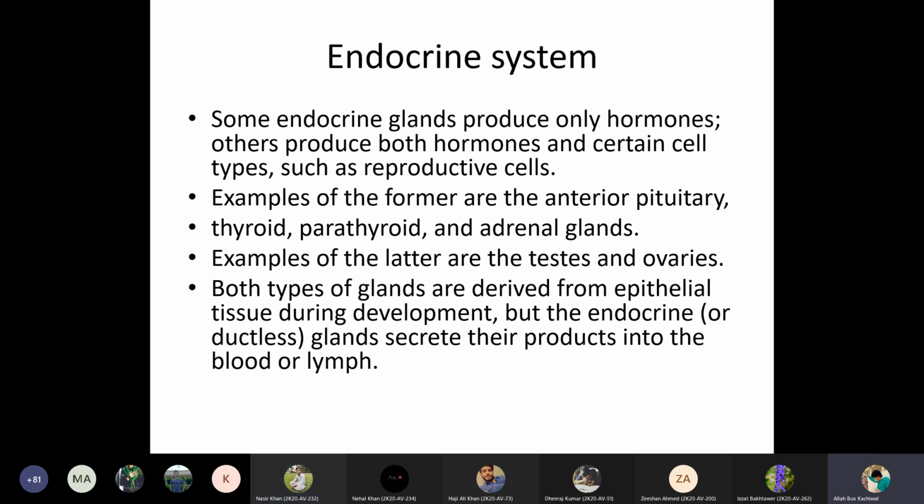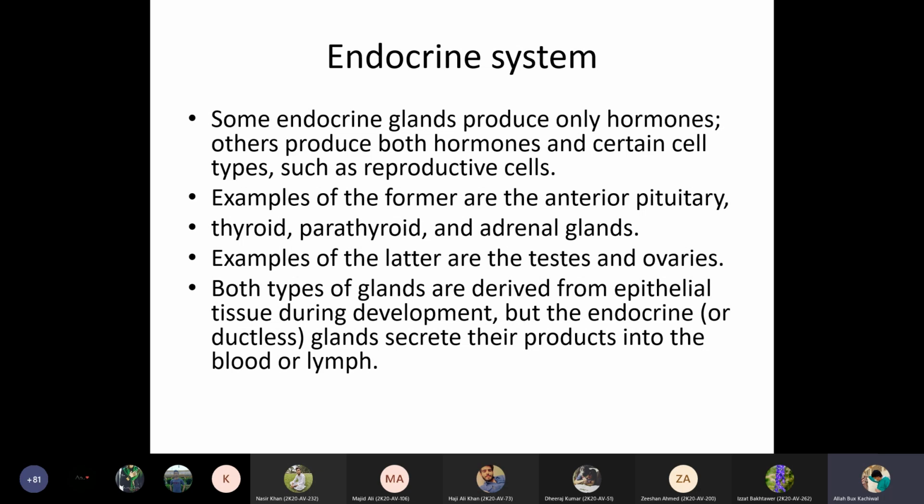फॉर रिप्रोडक्टिव ऑर्गन्स जैसे मैंने आप लोगों को बताया कि वो हार्मोन्स भी पैदा करते हैं और रिप्रोडक्टिव सेल्स भी पैदा करते हैं। तो उसमें एग्जाम्पल है टेस्टिस का, ओवरीज का। ये टेस्टिस ओवरीज रिप्रोडक्टिव ऑर्गन्स हैं और प्राइमरी सेक्स ऑर्गन्स भी कहलाते हैं, लेकिन ये एंडोक्राइन ग्लैंड्स का भी फंक्शन करते हैं और हार्मोन्स भी पैदा करते हैं।